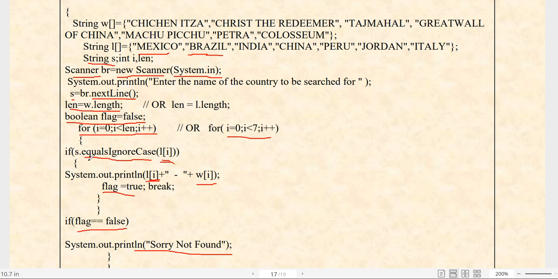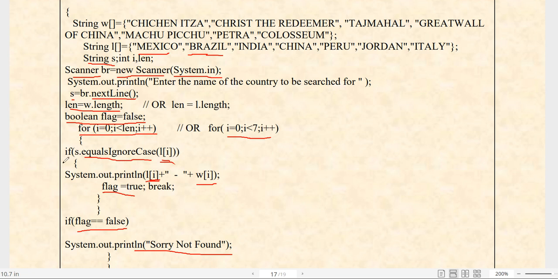Next class we will discuss binary searching and practice linear searching related problems. In most cases, linear searching will be asked with arrays, and if it is applied on a string array, then we have to use the equalsIgnoreCase or equals method. But if it is asked with an integer array, double array, float array or character array, then you have to use the double equal operator here. S dot double equal will be used if S is an integer, double or float. But for a string, we have to use equalsIgnoreCase.